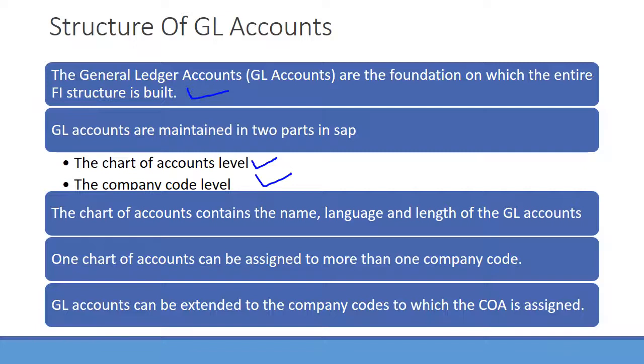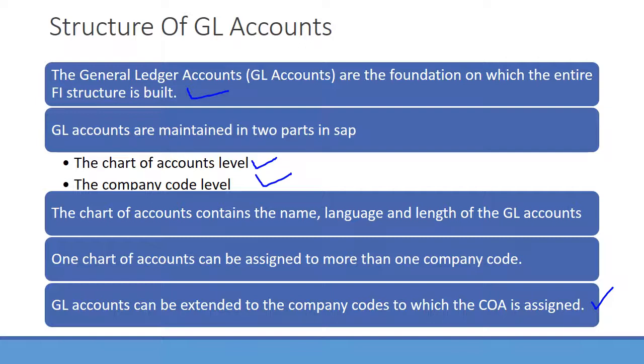So whenever you assign a chart of accounts to a company code, the GL accounts in that chart of accounts can be extended to the company codes to which the COA is assigned. In other words, you need a COA to be assigned to the company code in order to create the GL accounts within the company code. Within the company code, the specific attributes for that company code are created.